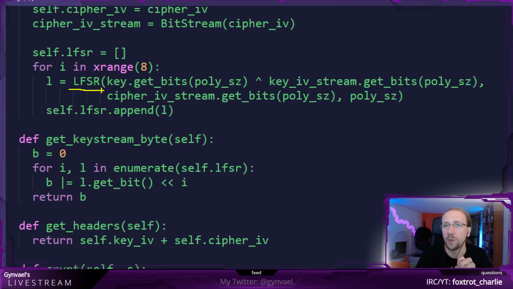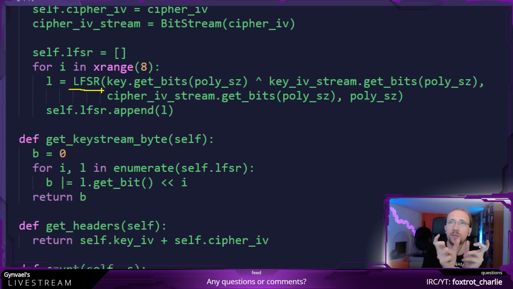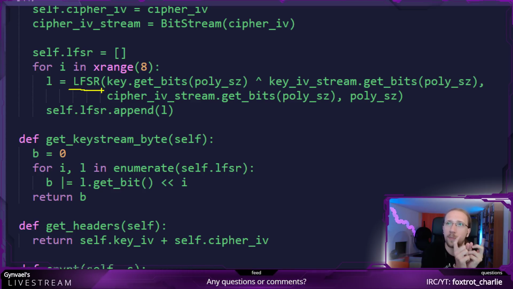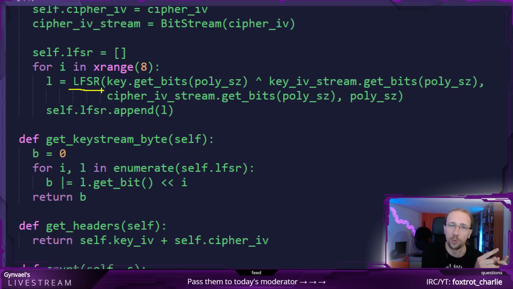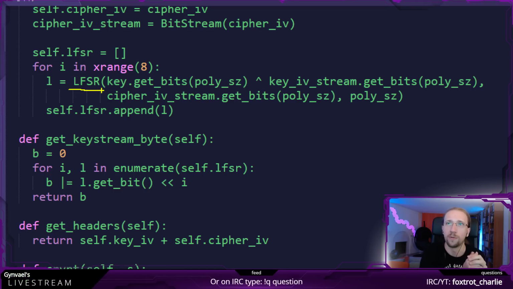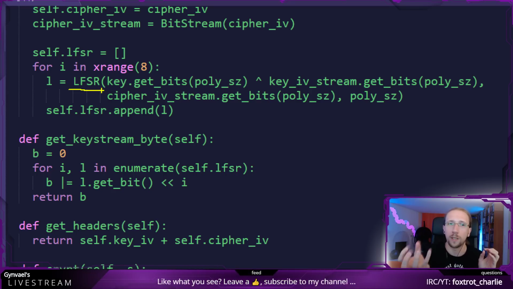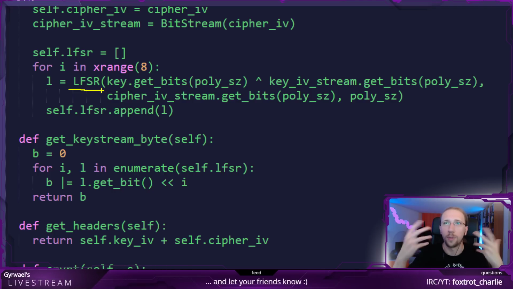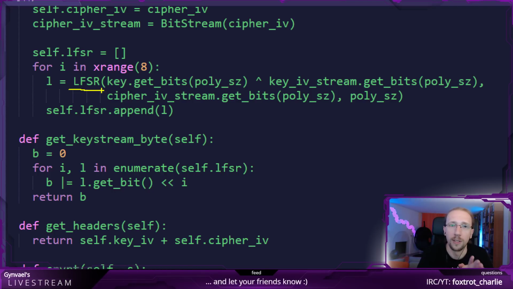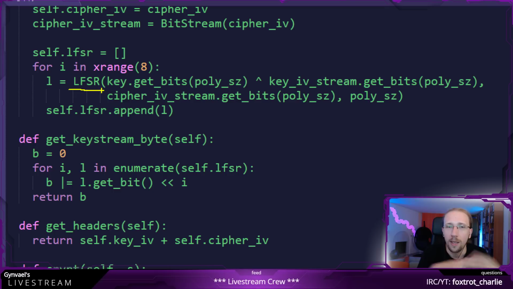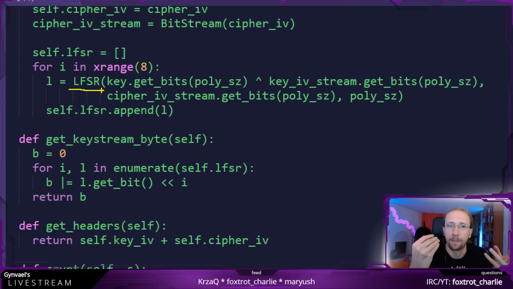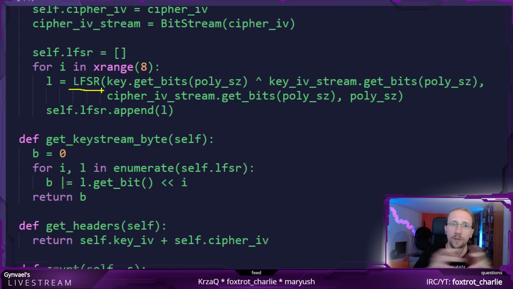But to create that equation, we do need the output, and to get the output, we do need the plaintext. Because as you remember, the plaintext has been XORed with the output. That means what we have is the plaintext XORed with the output, and we need the output. So to get the output, we need to XOR it again with the known plaintext, and then we can put that output in the equation and try to find a polynomial, well, actually 8 polynomials, right? Because we have 8 random number generators, which would give us this result, the output.